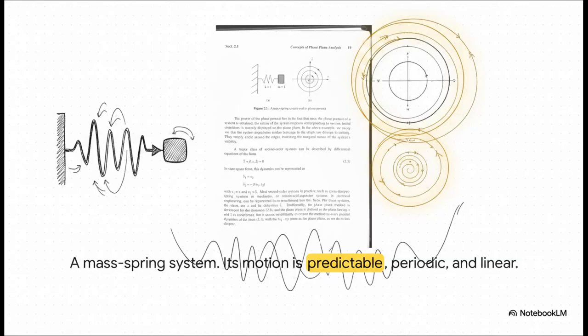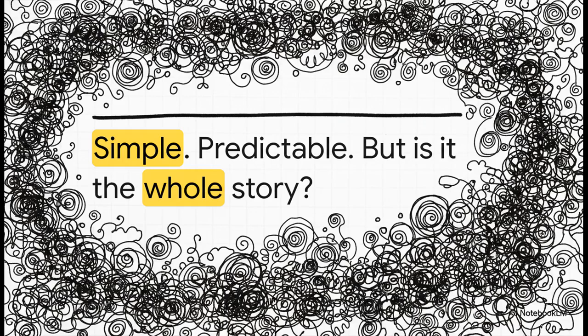And here is that tidy world in action. What we're looking at is a classic mass spring system. You give it a push, and it just oscillates in this perfect, repeating rhythm. That picture on the right, the phase portrait, that's just a map of the system's position versus its velocity. And as you can see, it traces a perfect circle. It never does anything weird or unexpected. It is the definition of stable. So it's simple, it's predictable.